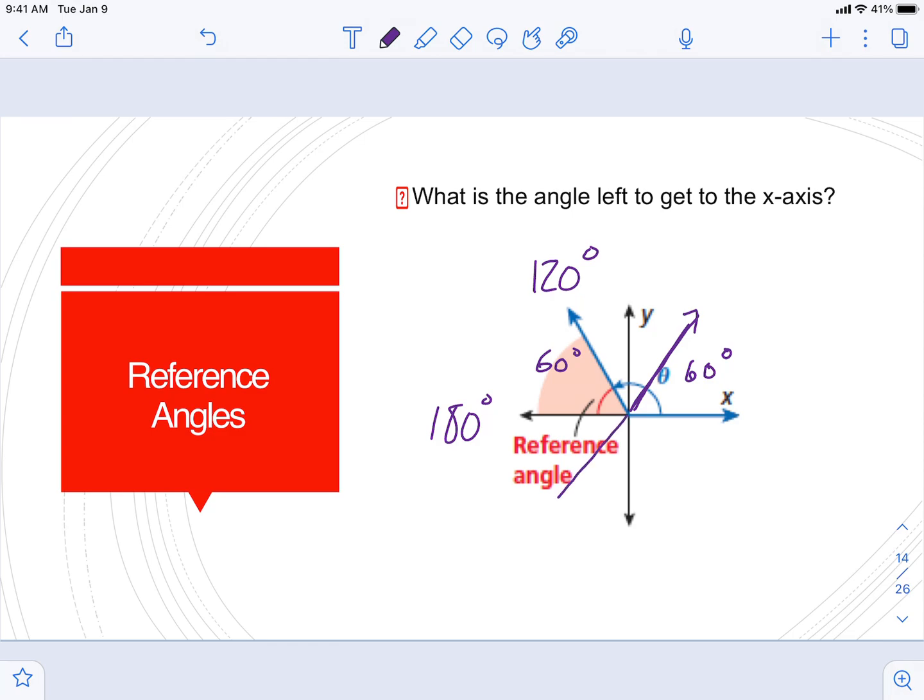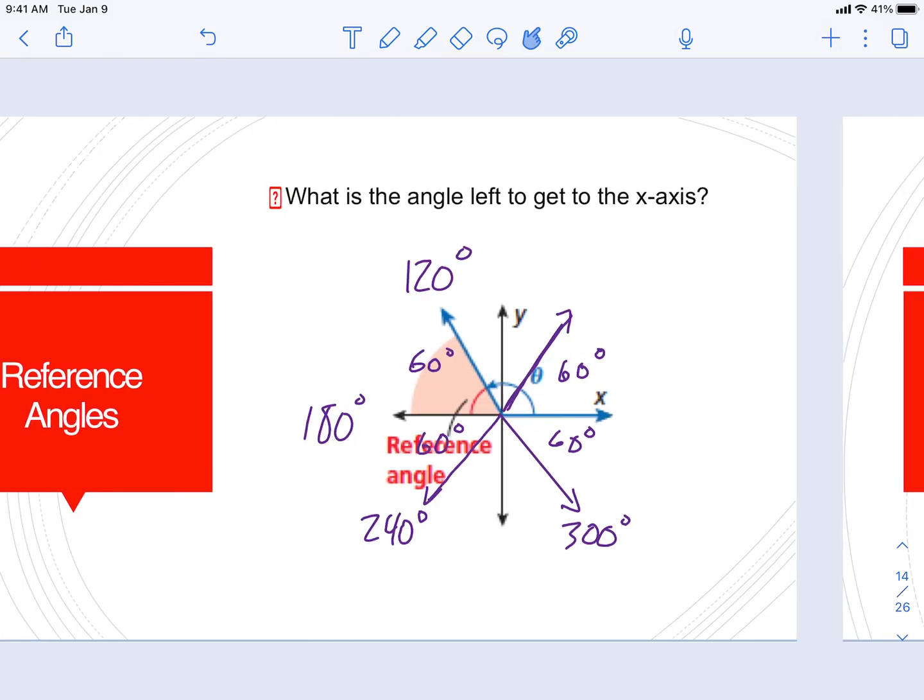On this side, if I go 60 degrees past 180 to get to 240, that would also have the same trig ratios, except the signs might be flipped. And then if I make another one over here, that would be at 300, which is 60 degrees away from the x-axis on this side. Those all have the same trig ratios. It's just some of them are going to be positive versus negative. Okay, so